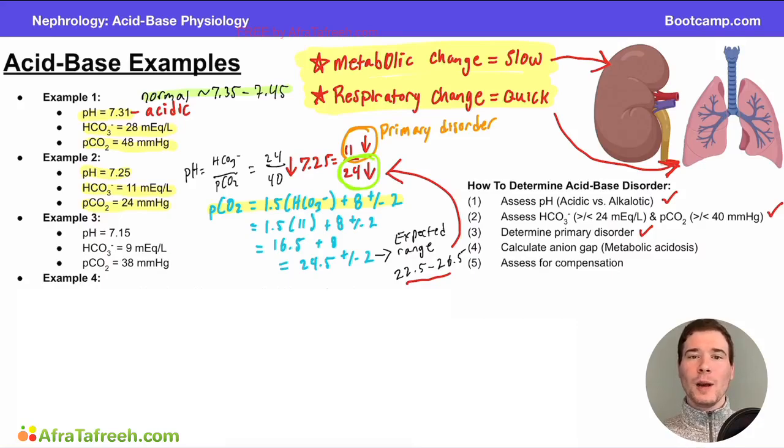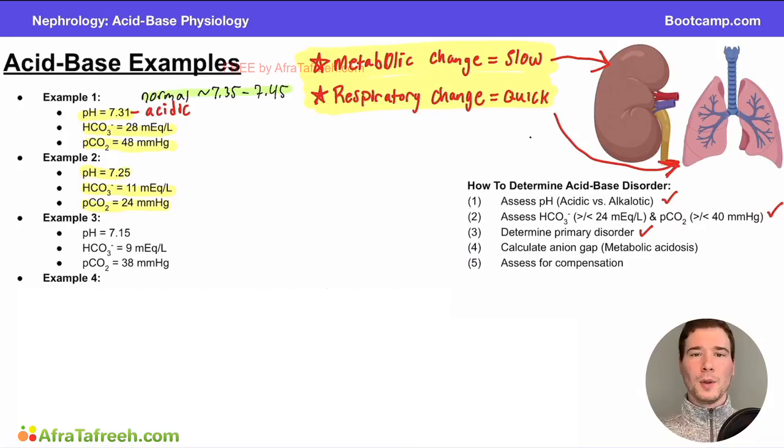And that's what we've confirmed by looking at Winter's formula to see what we would expect the value to be and comparing that with the actual value. Because the actual value is within the range of expected values, this patient has a metabolic acidosis with appropriate respiratory compensation. All right, for example number 3, we see that the pH is 7.15, bicarb is 9, and the